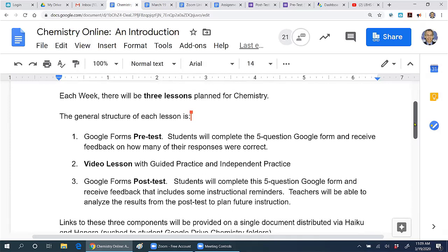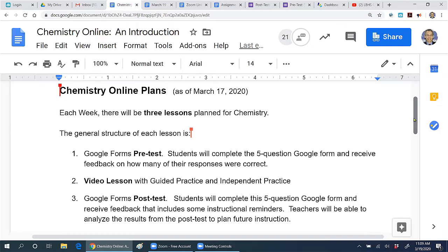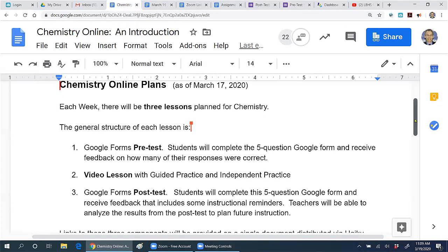There will be 3 lessons a week. This week we're only having 1, just for everybody to get a chance to get used to this format. Next week there will be at least 2. Whether there will be 3 next week, I don't know. We might go 2 next week and then 3 the following week, kind of get up to speed gradually.